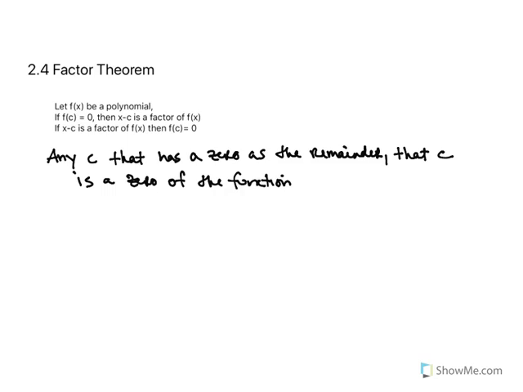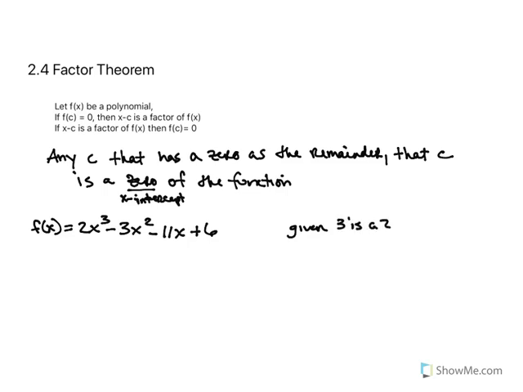And what is a 0? Remember, a 0 is simply an x-intercept. Alright, an x-intercept, so that's all that means. So let's look at a problem. So we have a function, and they tell us, given 3 is a 0,